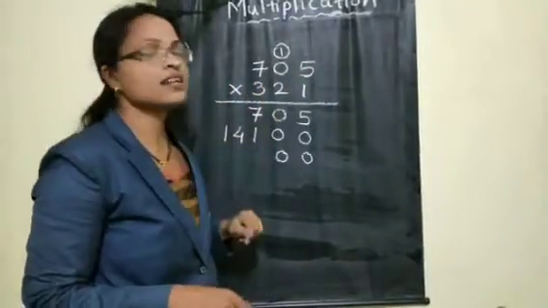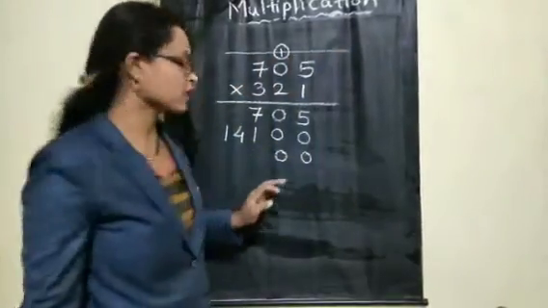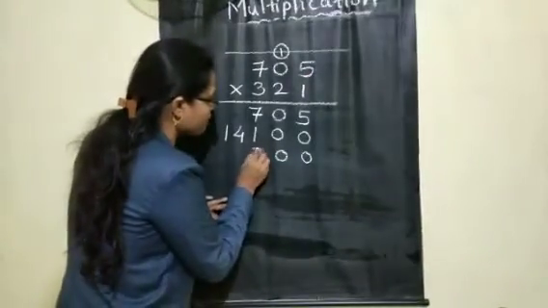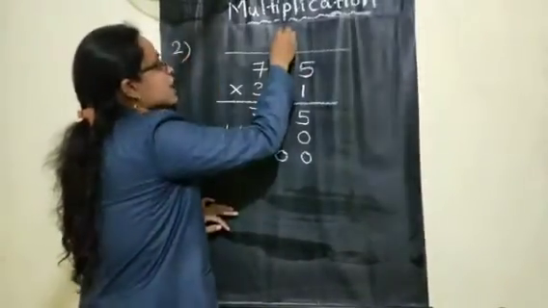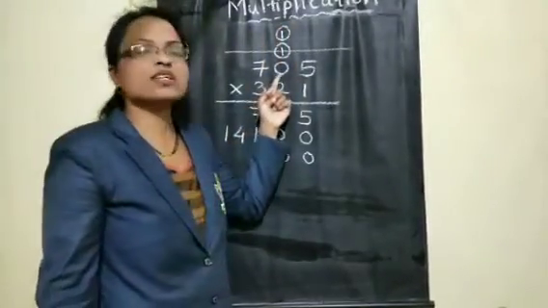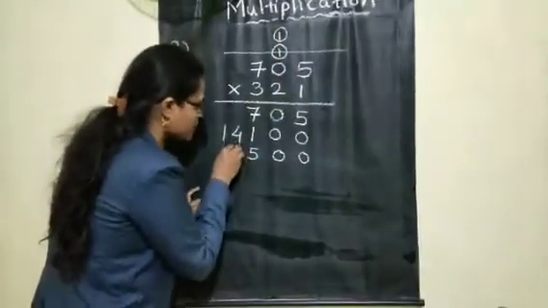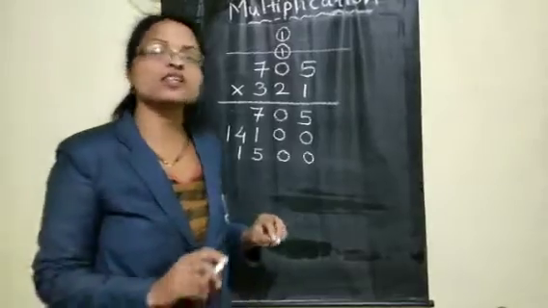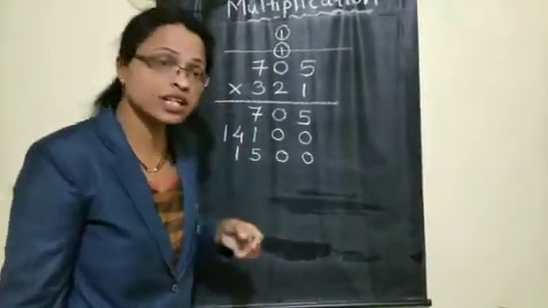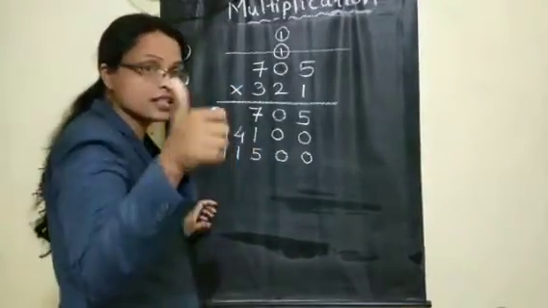Now 3 5s are. First let me put one line on your first carries. Okay. Now 3 5s are 15. From that 15, 5 you write down and 1 will carry forward to the tens place, children. Now 3 zeros are 0. 0 plus 1, you are getting 1. Because any number with 0 addition, you get the same number. Now 3 sevens are 21. So both the numbers you write down because in front here there is no number.